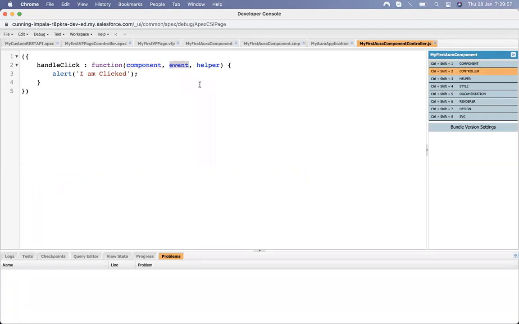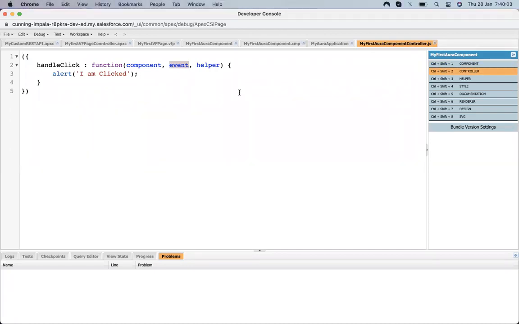And event is just the same as a JavaScript event. Whenever a button is clicked and we want to capture information on the current clicked event or current action event, we get the details from the event.